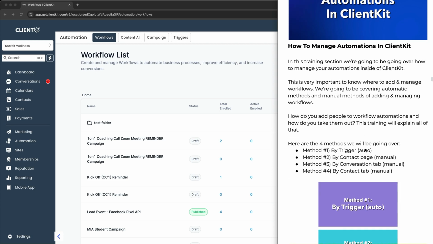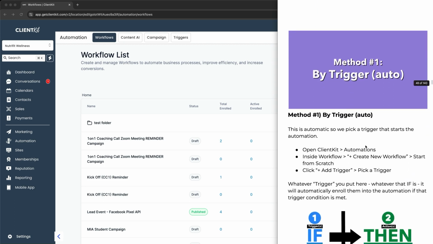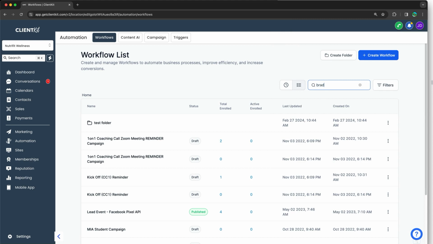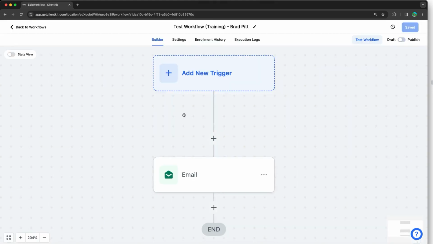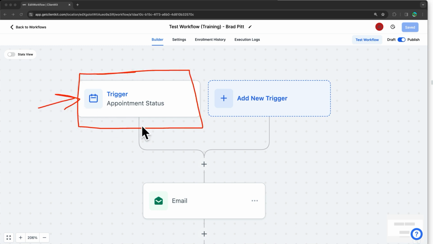There's going to be a couple different methods. Let's jump right into this. Number one is via trigger, which is an automatic trigger. We've talked about this already. In the previous training, we set up the Brad Pitt automation. This is the automatic way that people can enter into automations, via the trigger. Whenever this if trigger is met, it is going to fire